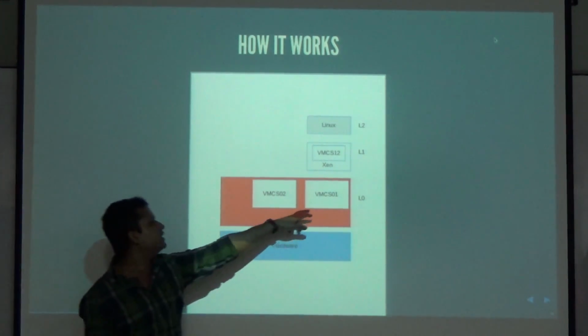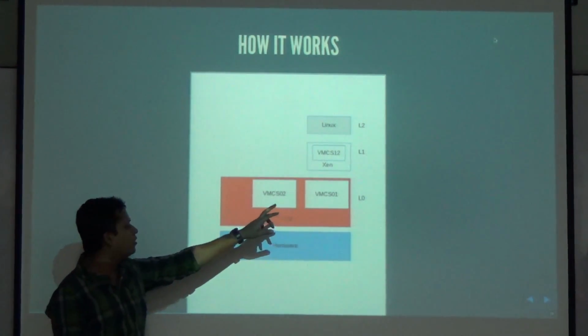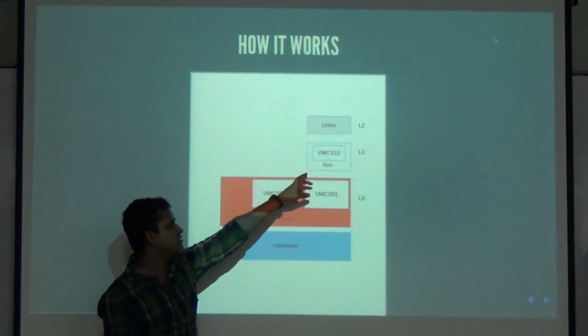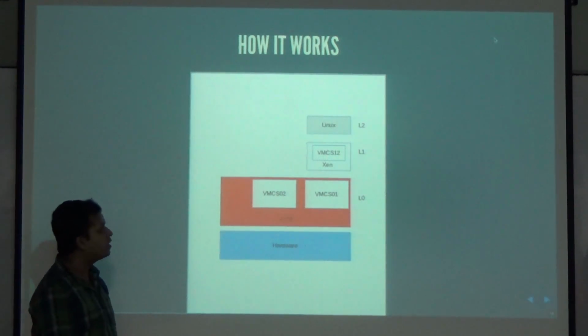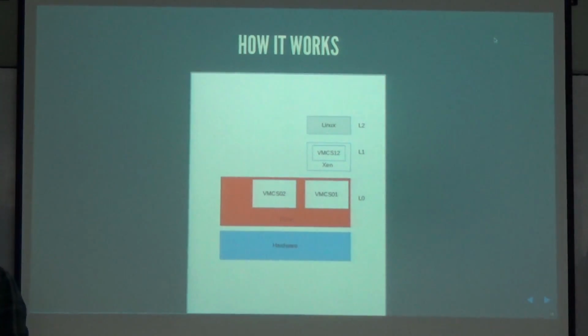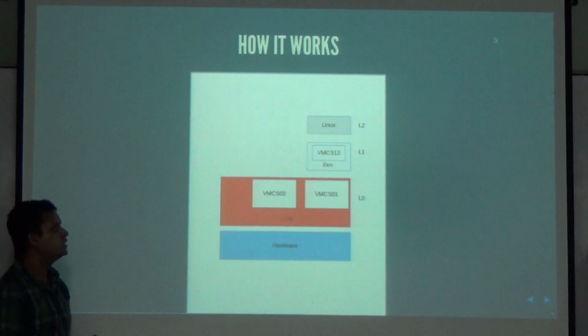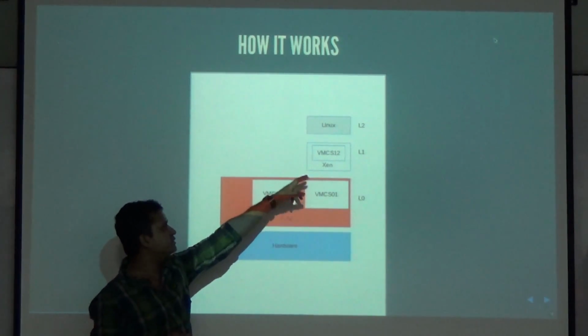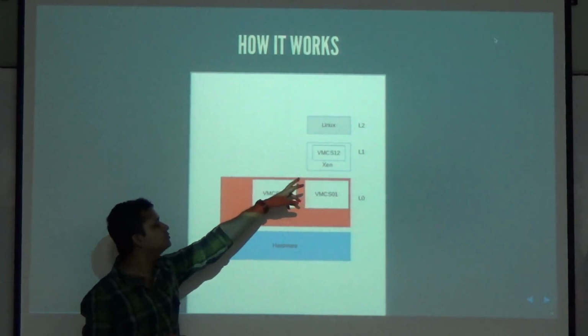So here we have the VMCS01, which is used by KVM, this thing in red, to launch Xen. Xen in turn is a hypervisor itself, so Xen might want to run its own guest. So Xen creates its own VMCS, which is VMCS12.